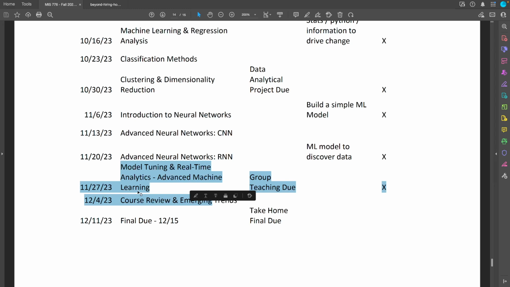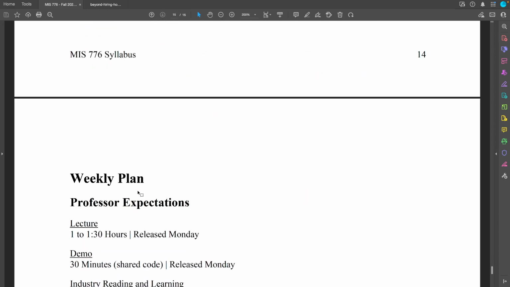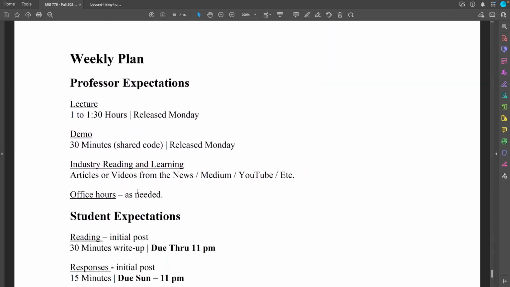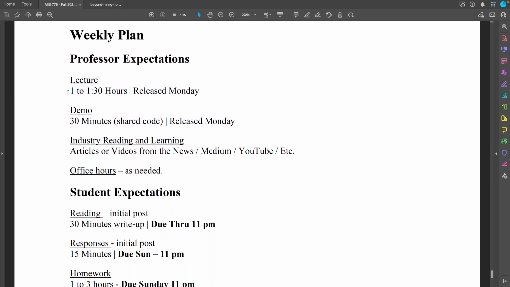And that's something I really want to drive into this class: how do you drive institutional change? Okay, now what should you expect from me? Each week I plan to release 1 to 2 hours on Monday of lecture, didactic material. That's what this is. And we're going to go in Power BI, we're going to go into what is BI